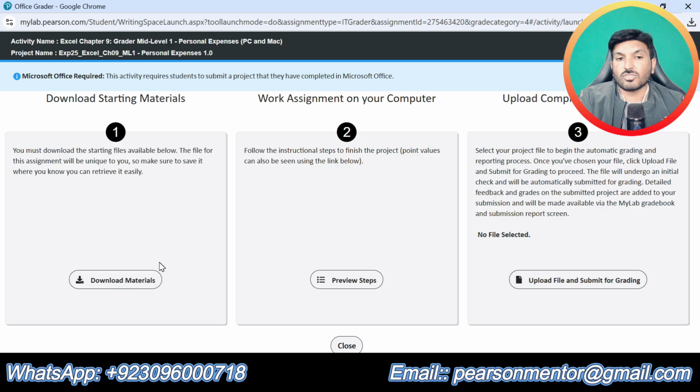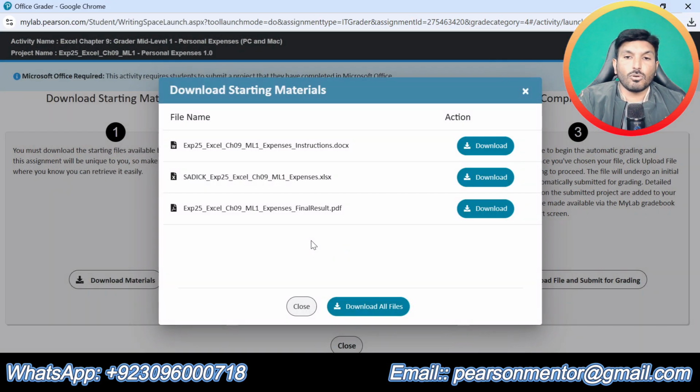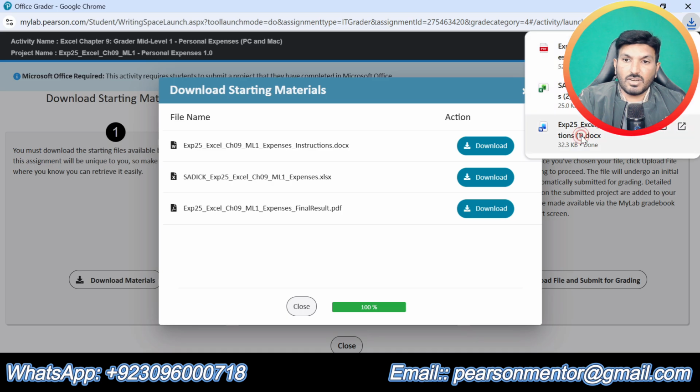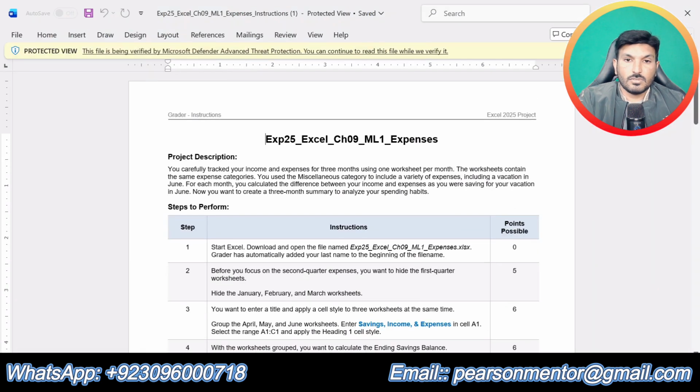So first of all, we are supposed to download the materials to solve this assignment. So I will download the material. So now let me open the instruction file first. So this is the instruction file,